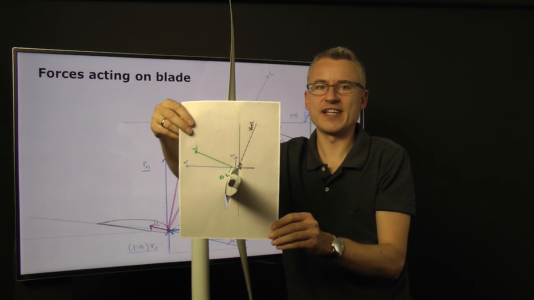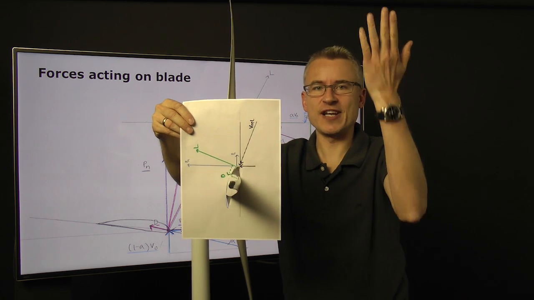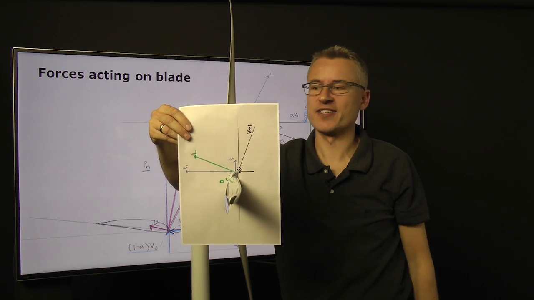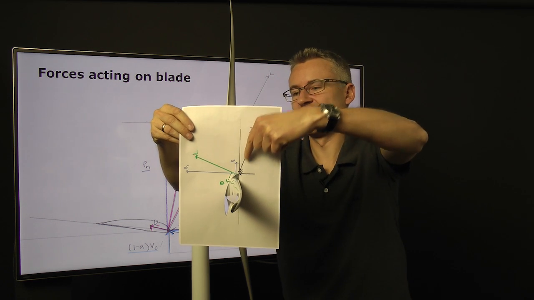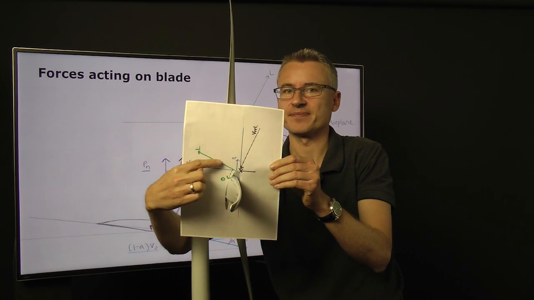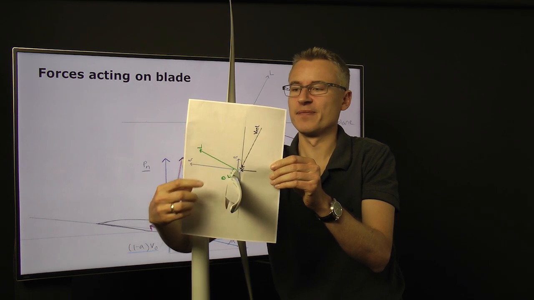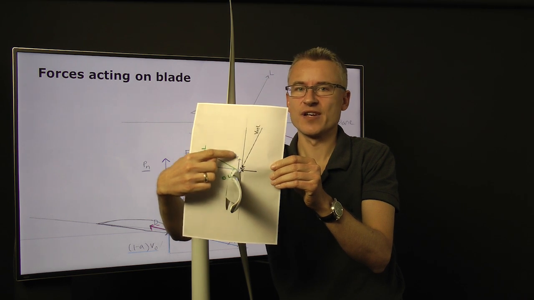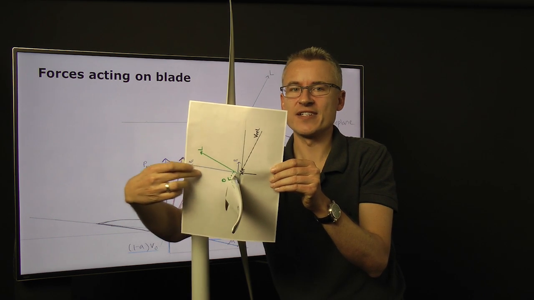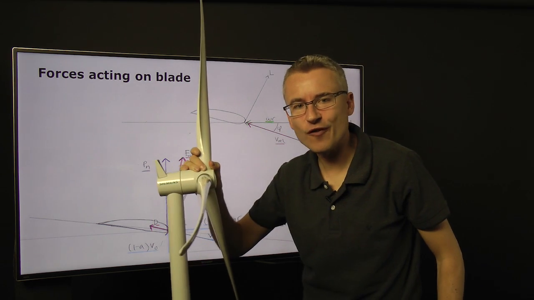So this is a copy of the sketch we had before. So we have the inflow velocity in this direction here. Because of the rotation of the rotor, there will be this velocity omega times r, and with induction, that forms the resulting inflow velocity, and we have the lift coming out here as the green line. The drag is perpendicular to lift, and together we can project them into this upward force, which then drives the rotor around. And there will also be a force in the normal direction. That's the force which is responsible for the thrust on the turbine. So it would force the turbine in this direction here.